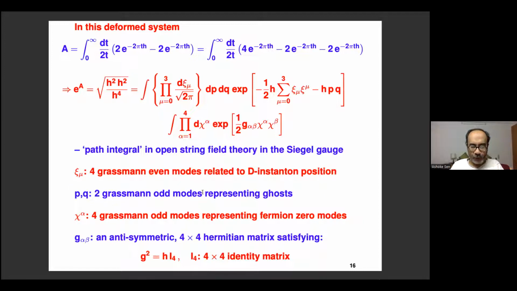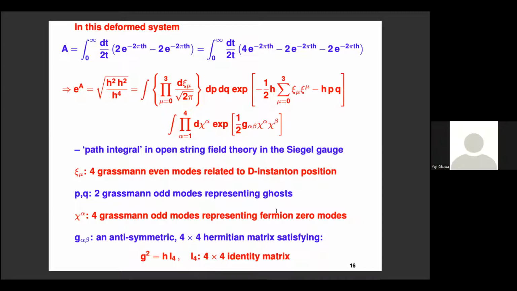These are the problematic ones, the Grassmann odd modes. As I said, they represent ghosts, and we will see how to deal with those. They are not collective modes in any sense. In fact, they are the ones that are responsible for the singularity in gauge fixing, as you will see. Are there any questions at this stage?